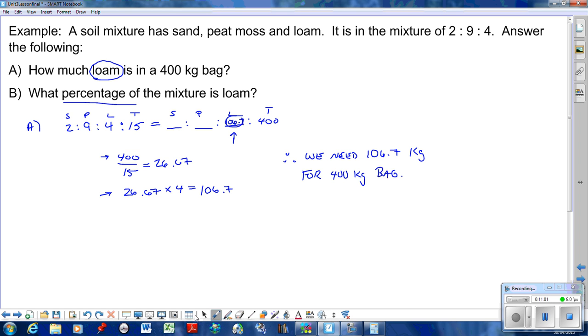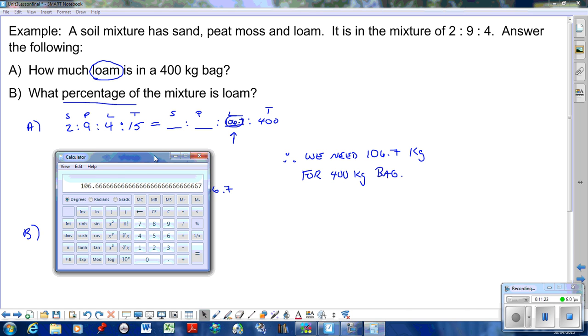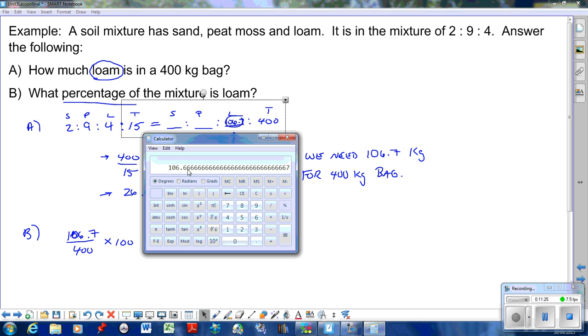So this is going back and practicing our percentage. So for B part, remember our percentage is how much we have. So we have the 106.7 over the total. Well, we know there's 400 kilograms in the bag. We're going to multiply that answer by 100 to get our percentage. So using our calculator, oops, lost my calculator. So just clear that. So I do the 106.7, I'm going to divide it by 400. To get it to a percentage, I need to multiply by 100. And we get